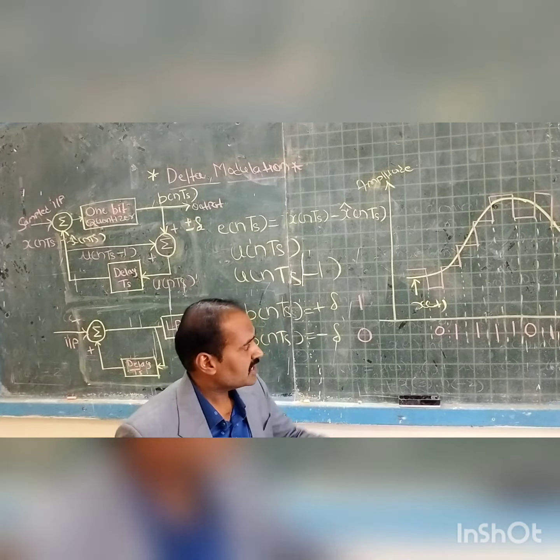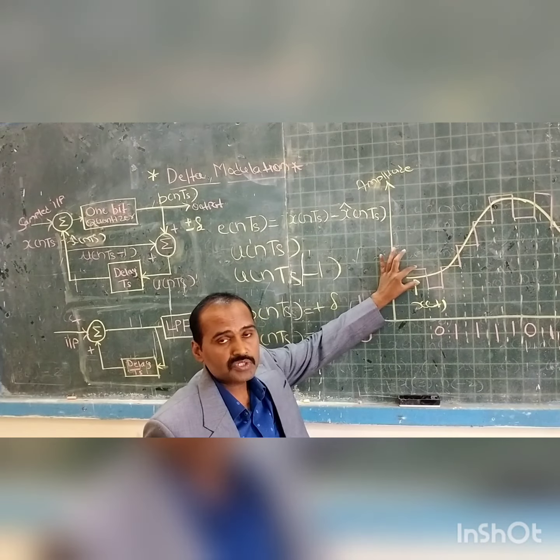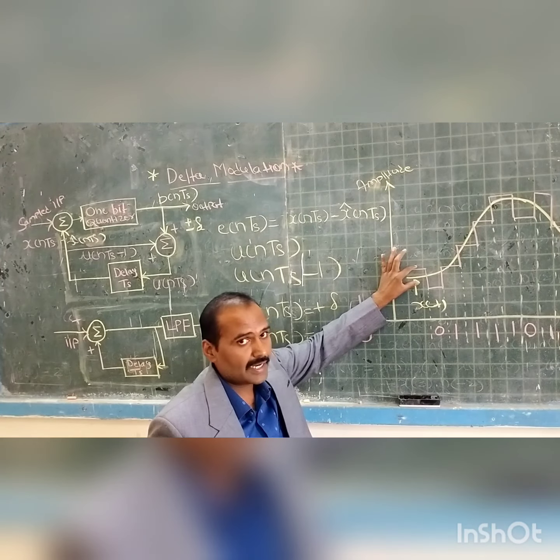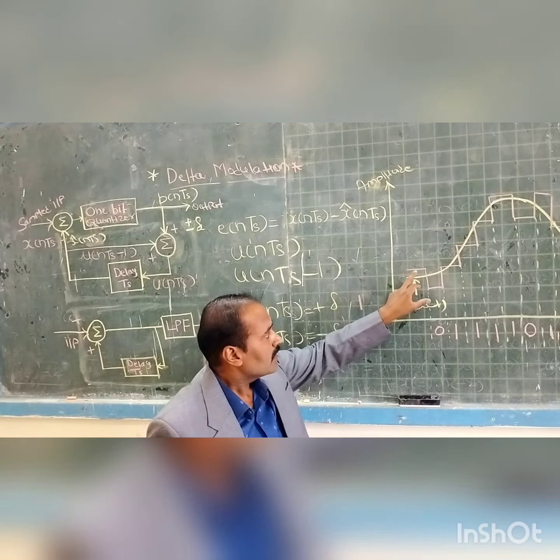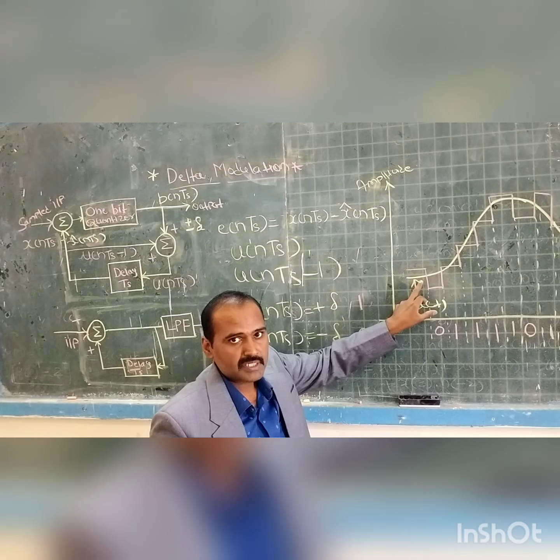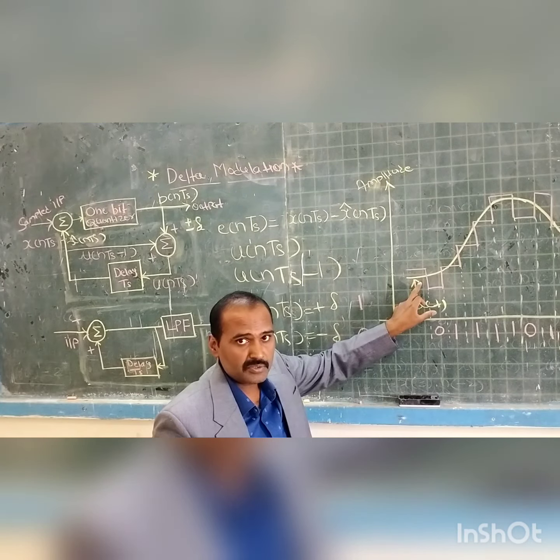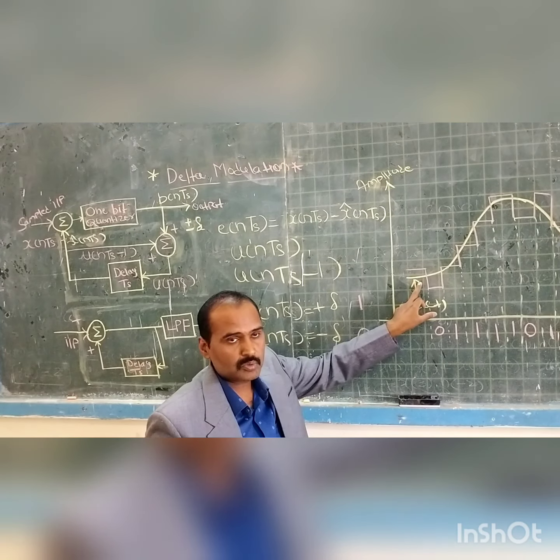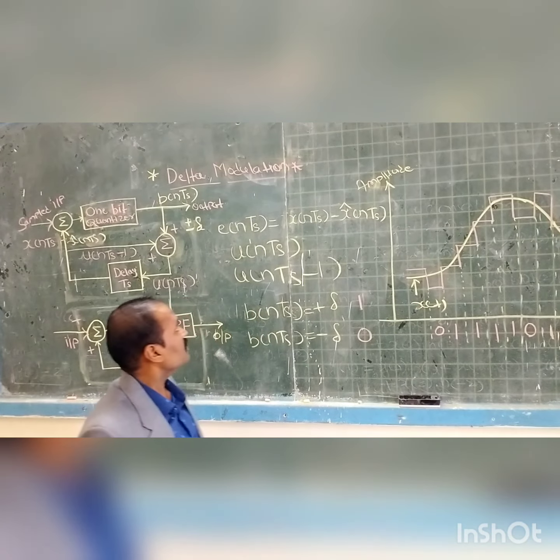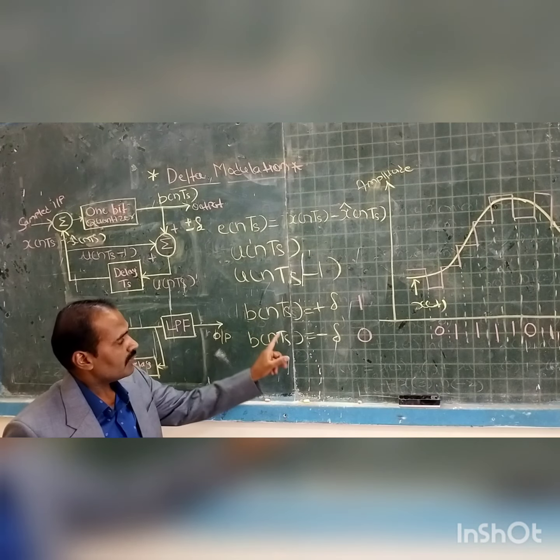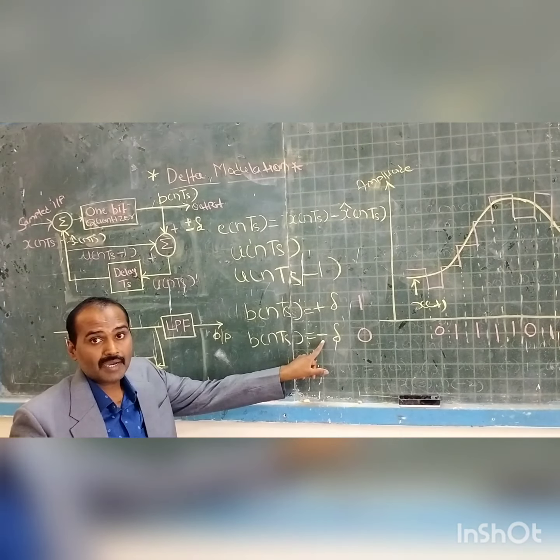Our area of interest is to know how that sequence is being generated. That sequence is being generated by comparing two signal levels during each and every signaling interval. Which two signal levels? The step signal and the continuous time signal. If the magnitude of the step signal is greater than the continuous time signal, then we will come to know that b of nTs equals minus delta,